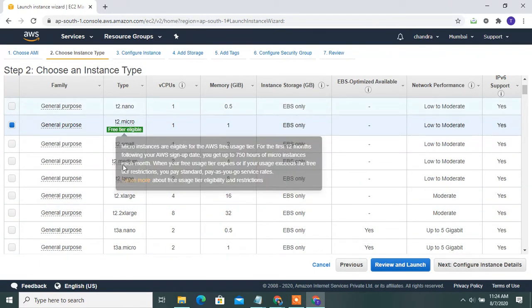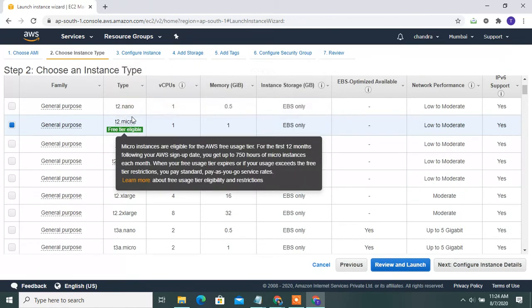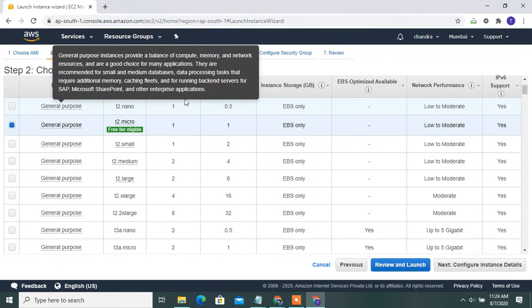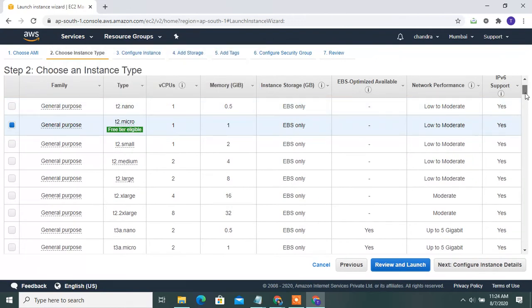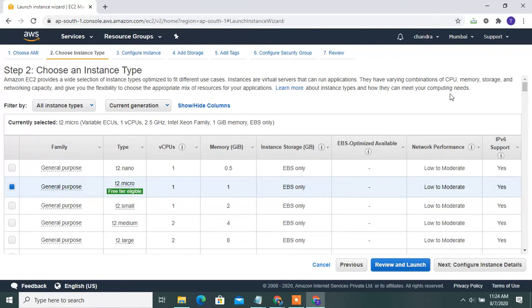These are all the types of your instance. These are all paid services. Only T2 micro is free tier eligible. For practice you can select only T2 micro. In case you need T2 medium or T2 large for your company work, those are paid services, and you select them according to your purpose.